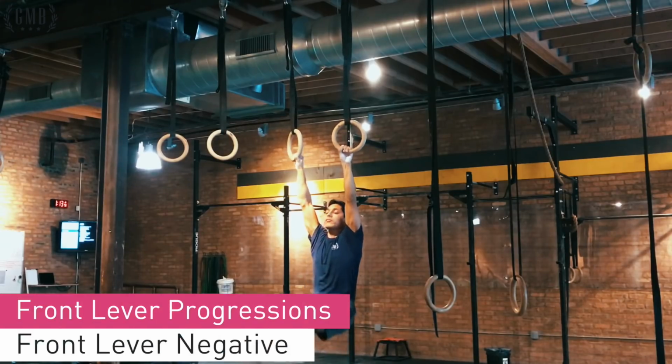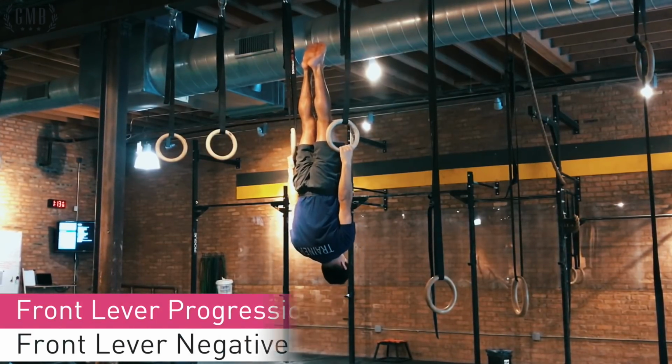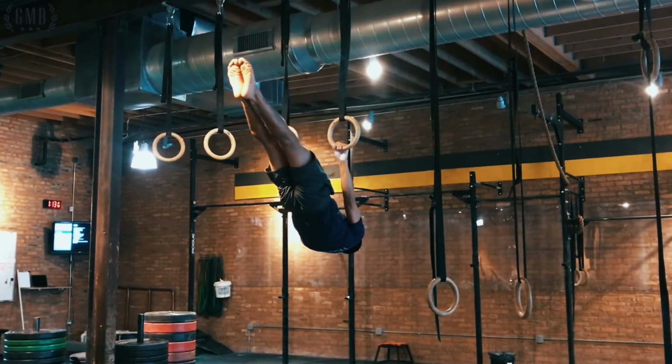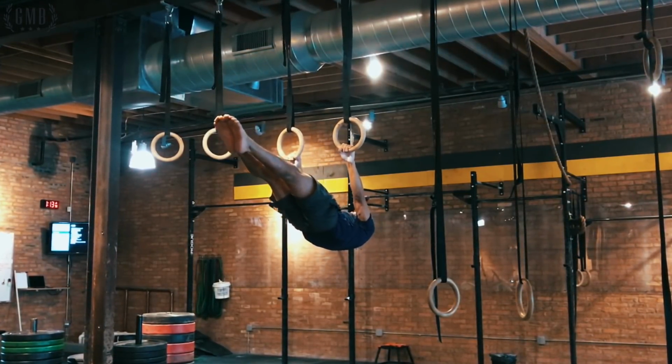We've now come to the fourth and last position. Yes, only 4 positions, that's it. And this last one is where you'll do the full front lever. When you start working on this, you might find that you're piking slightly. It's perfectly fine. You can gradually work on opening up that pike, but remember, you're not arching the back